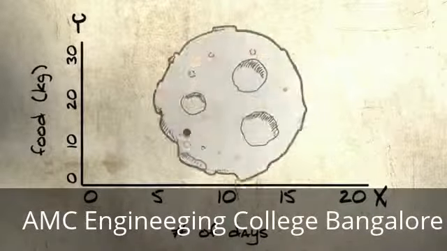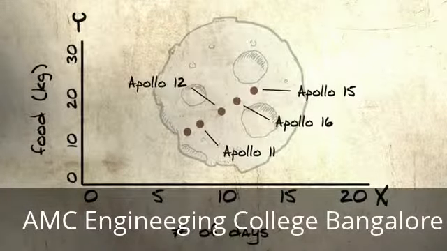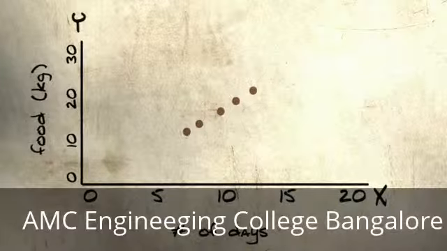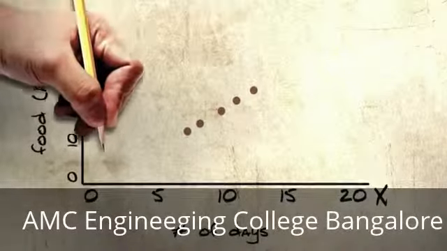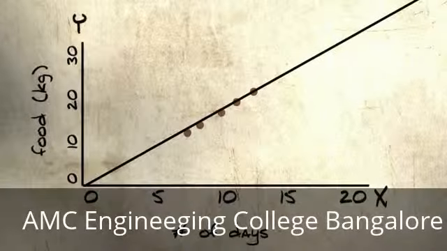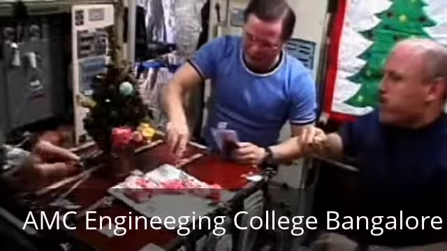Now, let's go to the moon. We'll put in a few of the Apollo missions for reference. Now we have a bunch of dots. It sort of makes sense, but let's connect them all with a line. Now that looks better. We can now see the relationship between how long a mission is and how much food